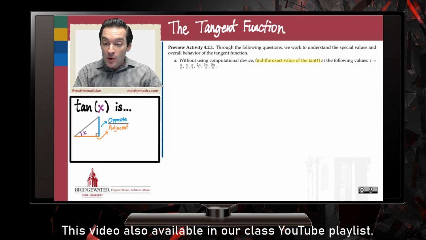we can think of the tangent of an angle as the ratio in a right triangle between the opposite side